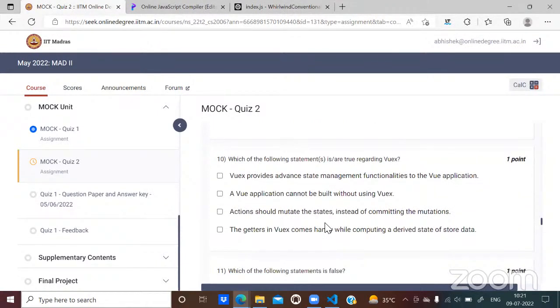Okay. So which of the following statements are true regarding Vuex? Vuex provides advanced state management functionalities to the Vue application. Now, once again, I would like to discuss the same thing that we discussed in the Vuex session, that not every application requires Vuex.